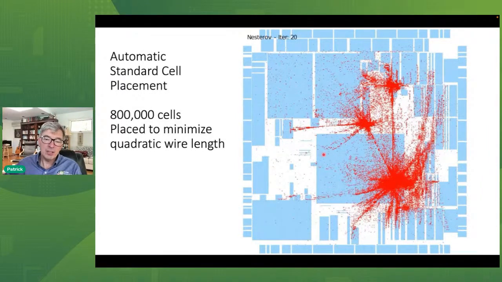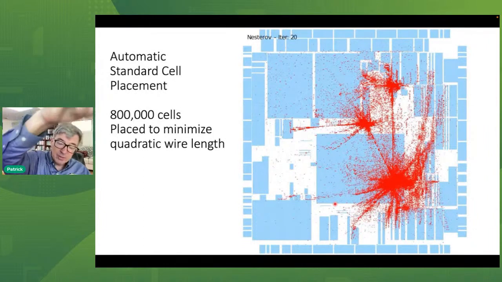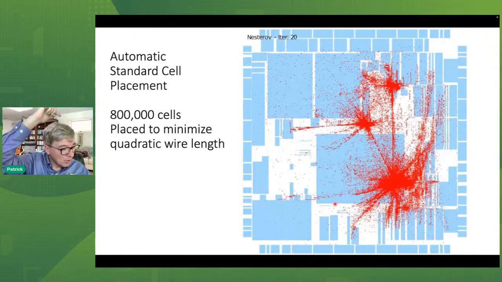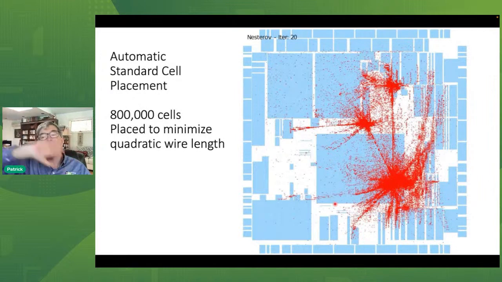So here is an example, and I'll show in a moment where this comes from, where every red dot here is a standard cell. In this case, there are 800,000 of them. The blue rectangles are macro cells. The task is to place these standard cells in the white areas in between the blocks while minimizing the wire lengths. If I would do the method that I showed you here, where I say, okay, all the weights of all the wires is 1, minimize the total quadratic wire length given those weights,